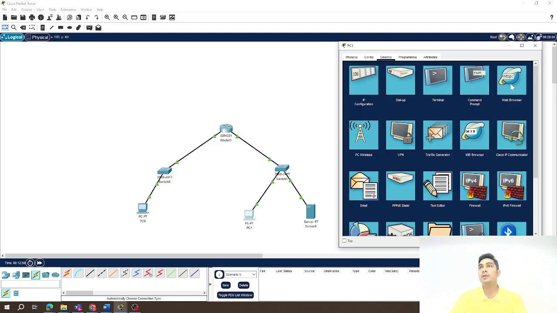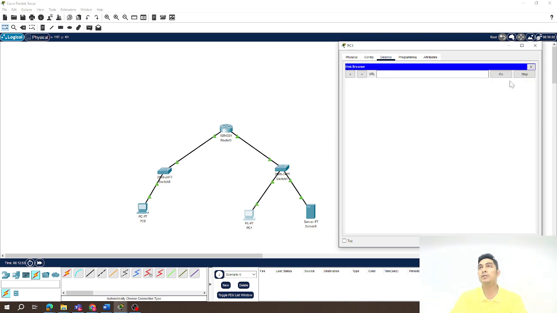Now let's see if we can access the server through the web browser. 192.168.2.1. Okay, we can access. Let's try it using the web address